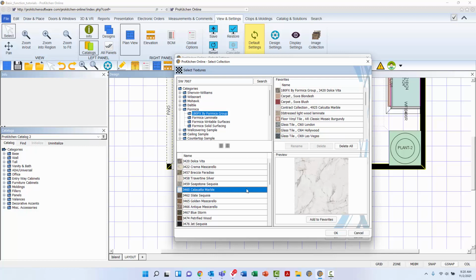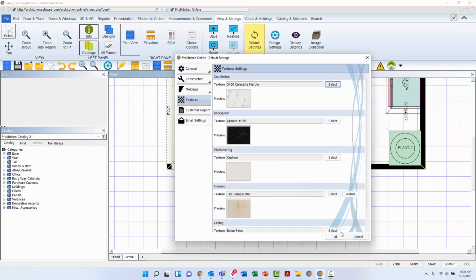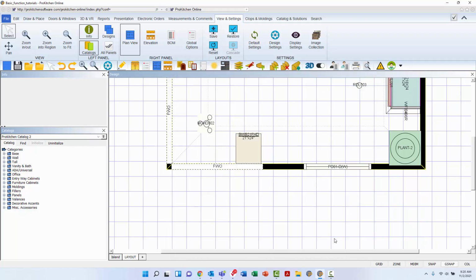Once you have found the desired texture, left-click to highlight it in blue. Then left-click OK at the bottom right corner of the dialog box to select. Continue to make any additional changes within the default settings. Then left-click OK at the bottom right corner of the dialog box to apply all. Note that with default settings, some setting changes may require you to restart the ProKitchen interface to finalize the application